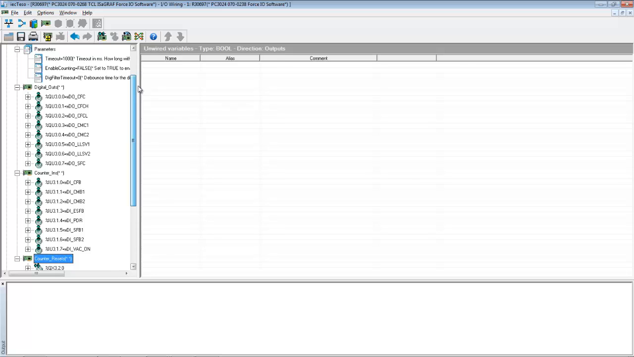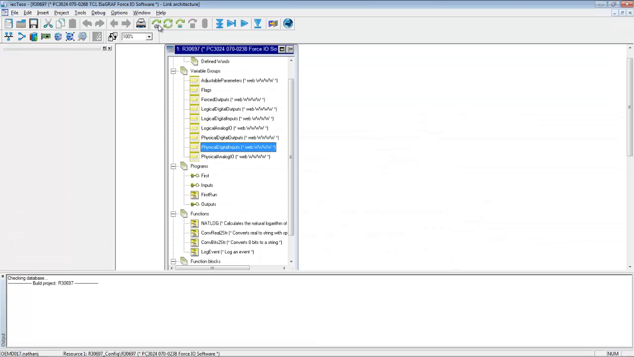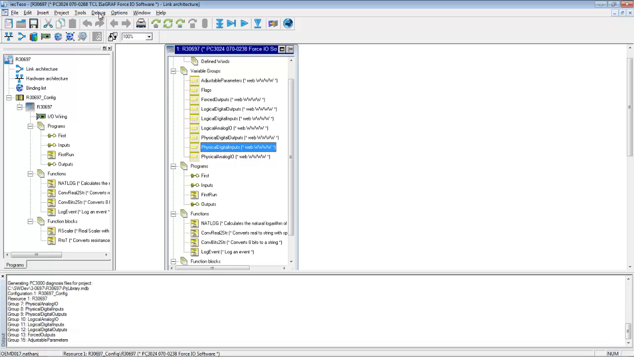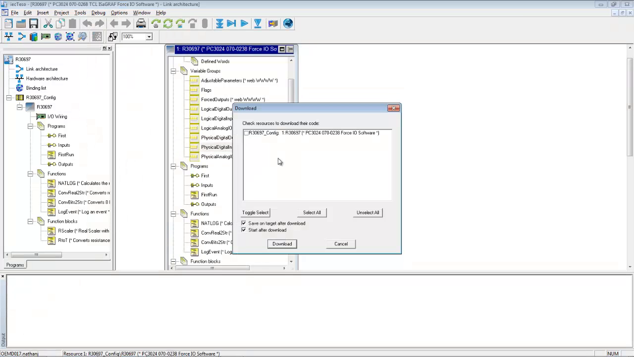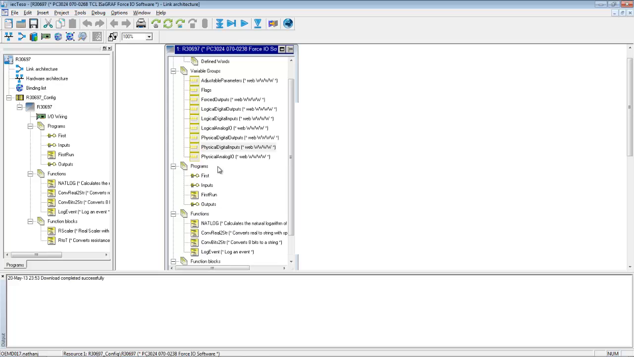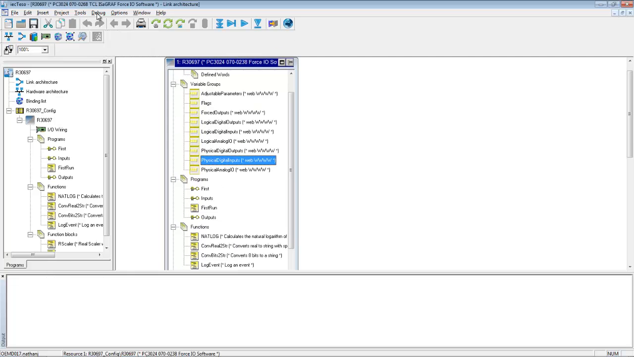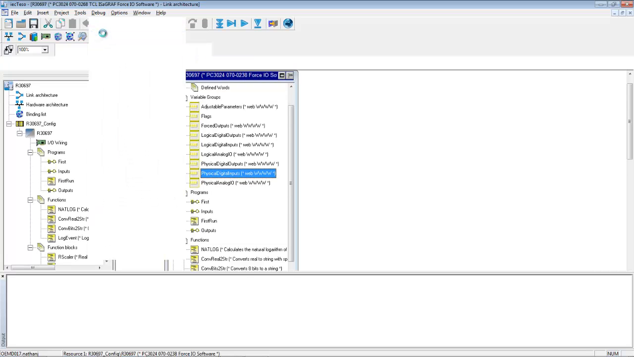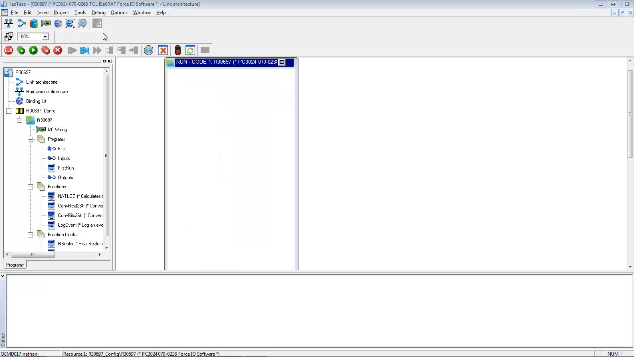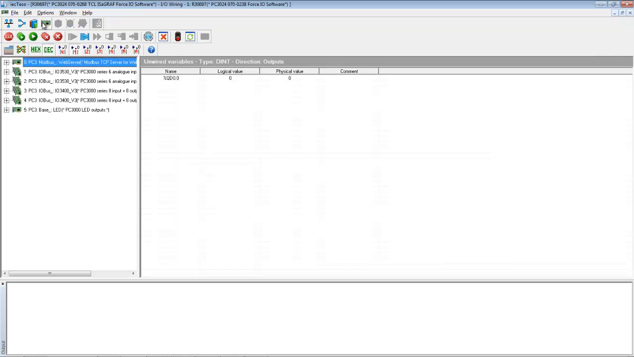Once this is configured, we can close the IO wiring window, compile the project, download, we can then debug target, then from the IO wiring screen,